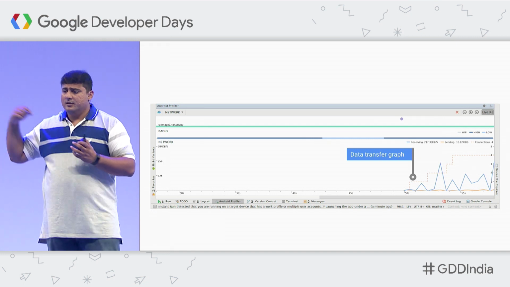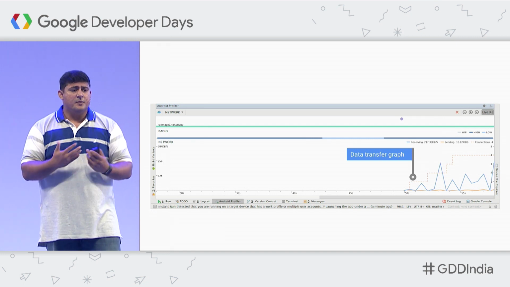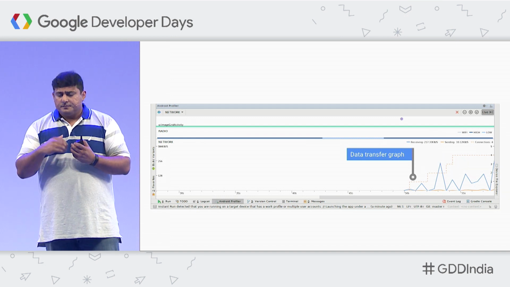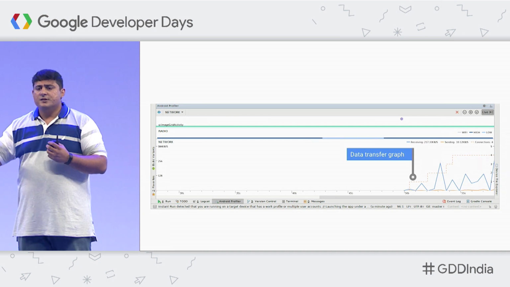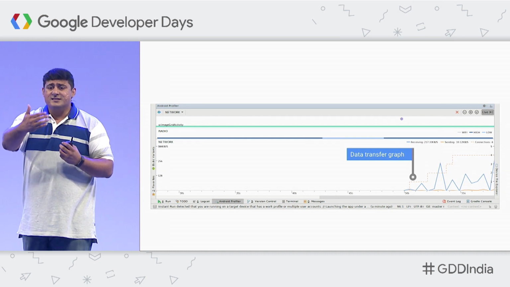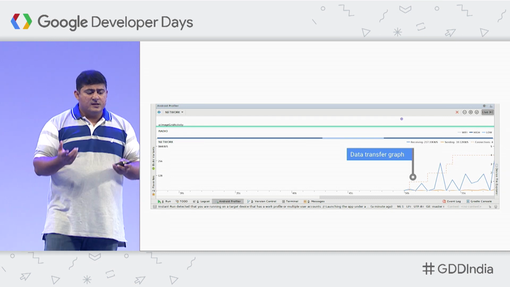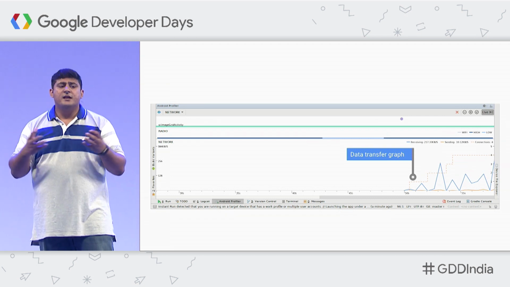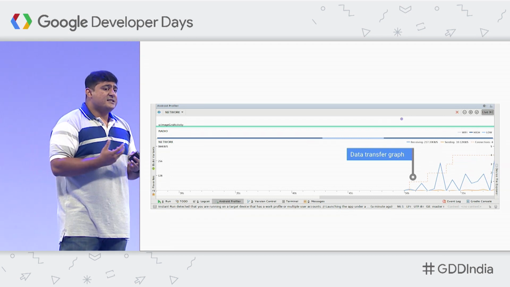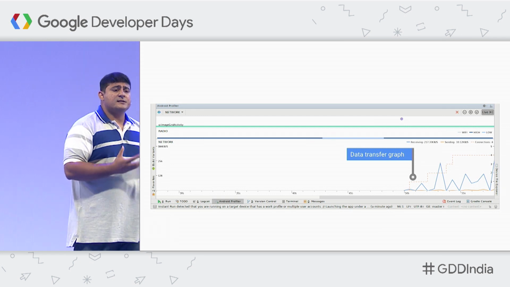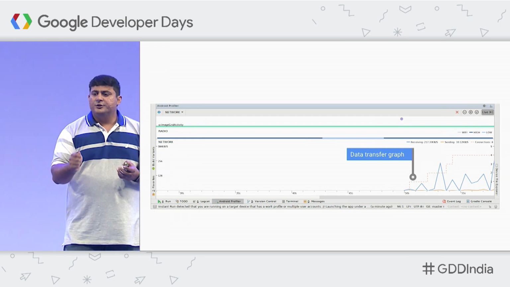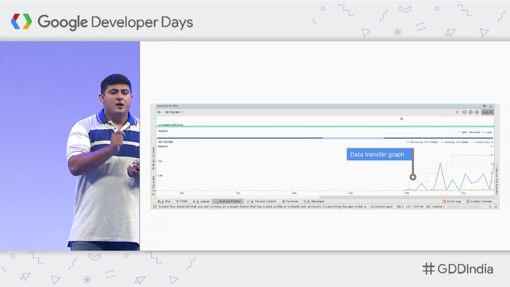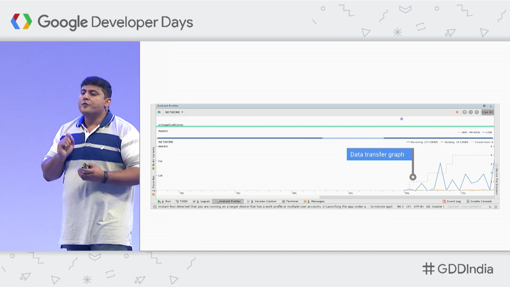So the blue graph here indicates how much data transfer is happening at what speed. And the orange solid line, not the dotted one, is how much data is being received. The dotted line is the number of network connections you're keeping. Sometimes you see that you are keeping unnecessary network connections and holding a lot of resources. So these graphs very quickly visualize areas of concern for you and allow you to drill down deeper to fix the problem.